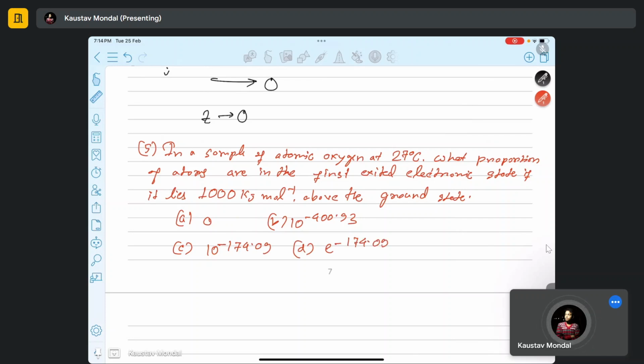So options C and D are basically given as equal here. Anyway,